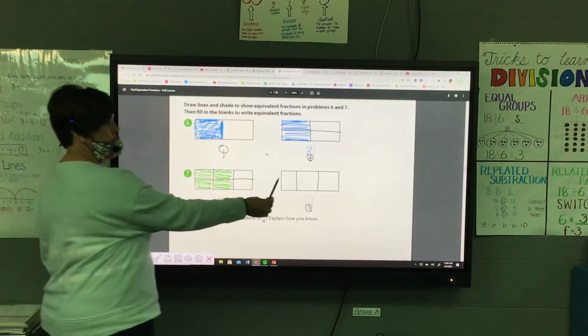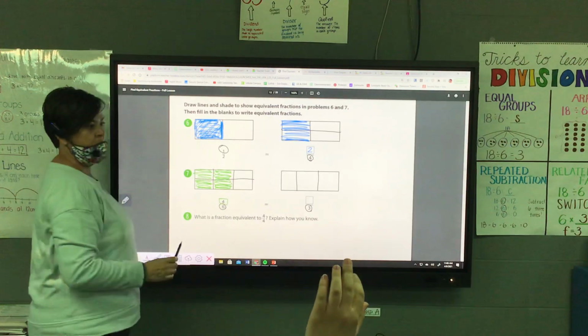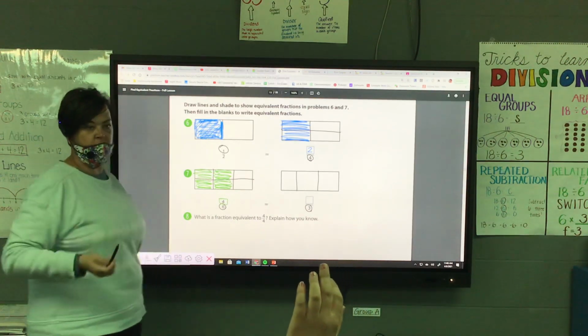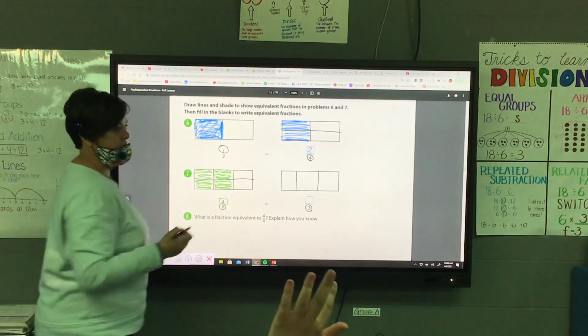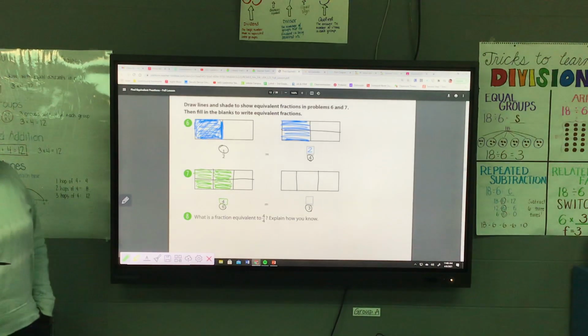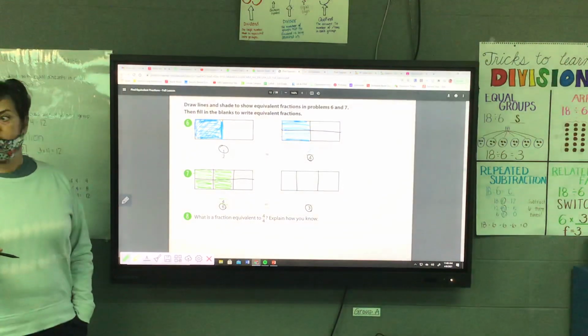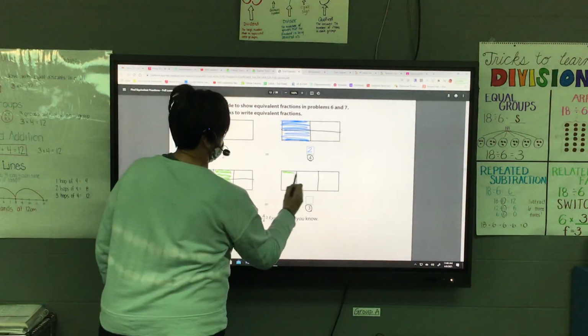How many parts do I have to color in over here? Just one? No. 2, 3? What should it be? Raylyn? Agree? If you didn't hear her, she said 2. I agree with her. So 1,